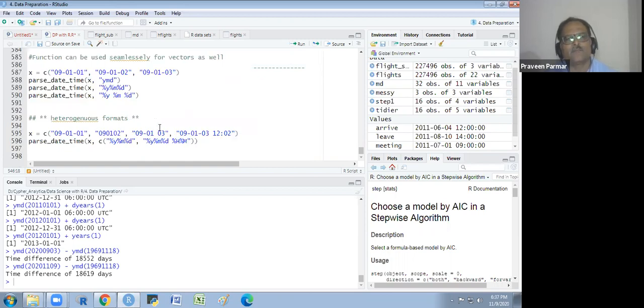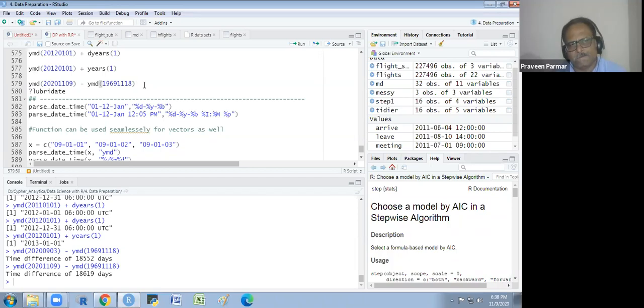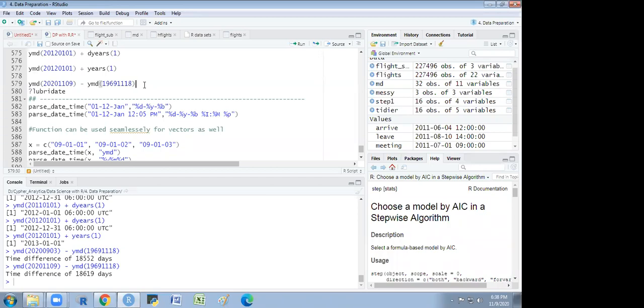Okay. Sir, I have one doubt. You have calculated the time difference between the 2 dates. What if you want it by years? You have calculated the time difference in days.